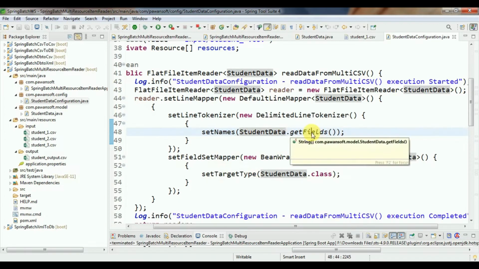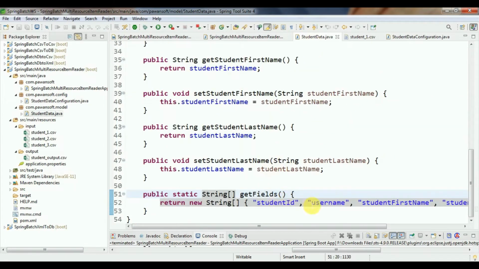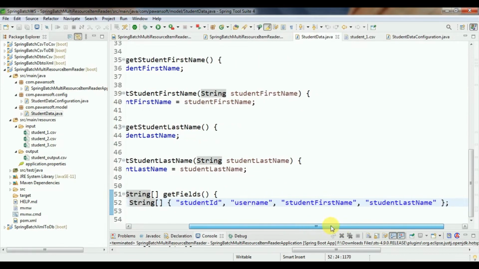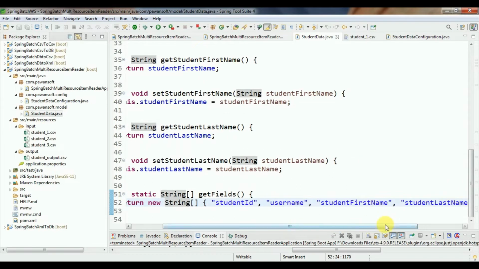This getFields method I have already created in the model class, and I am returning the string array with all fields. How many fields do you have? In my case I have a total of 4 fields.